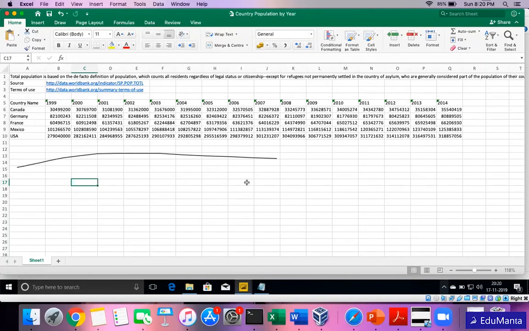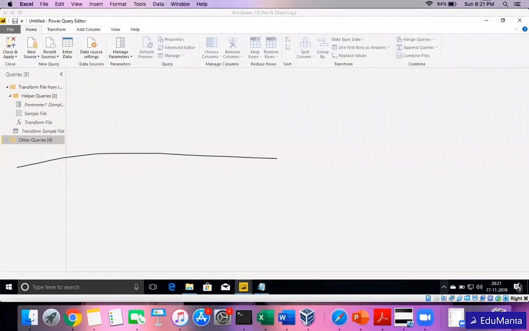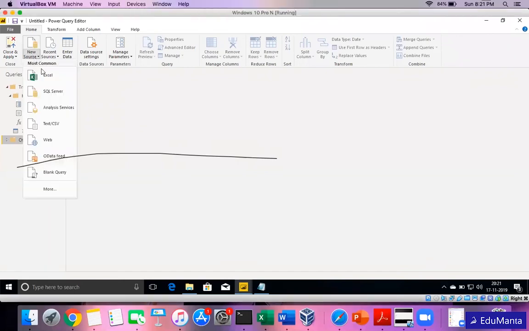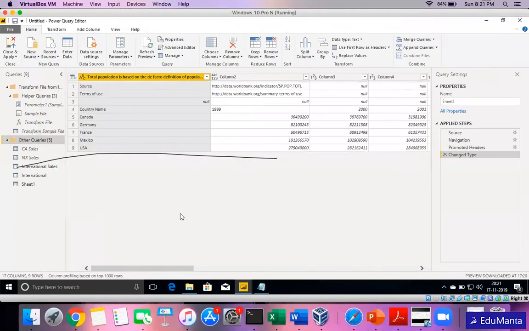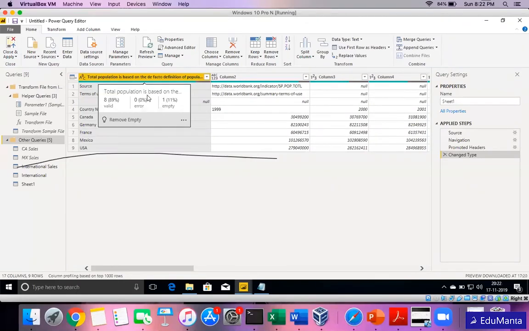So one is people go and manually edit the format or change it, or the other thing is you can use this particular tool, Power BI. So I'll show you how this particular Excel will be formatted inside Power BI for the format that we need in case of our reporting. So let me just take a new source as Excel. Now I have this data, but I have to format it. So one is I don't need the top 3 rows for sure.